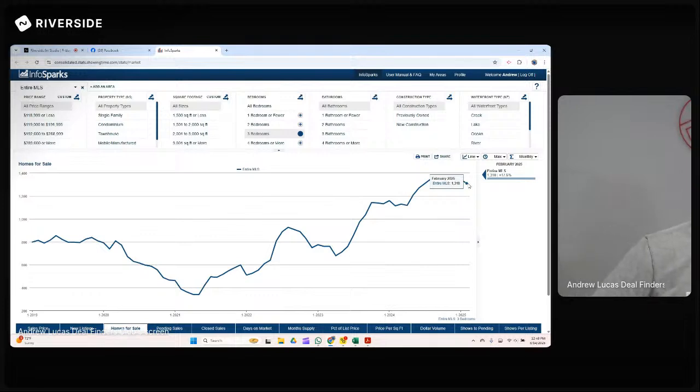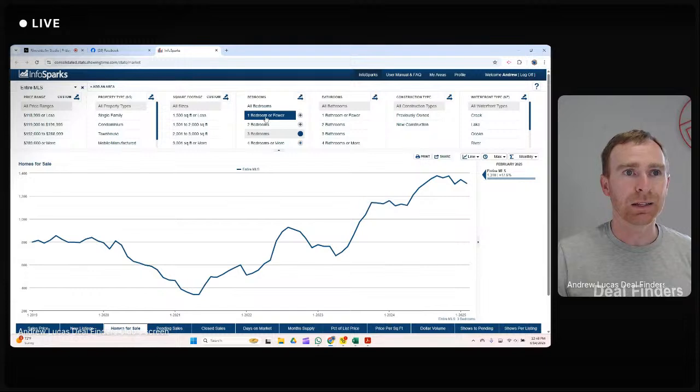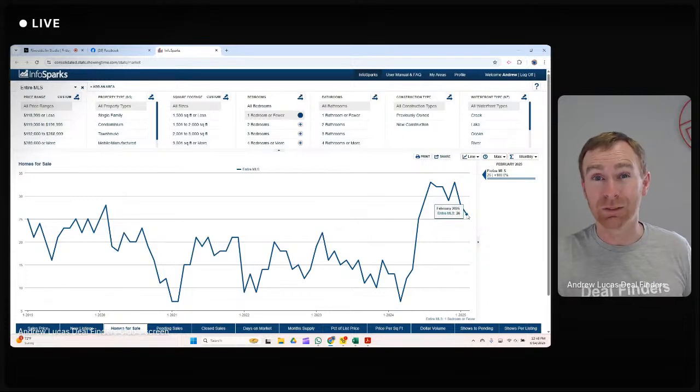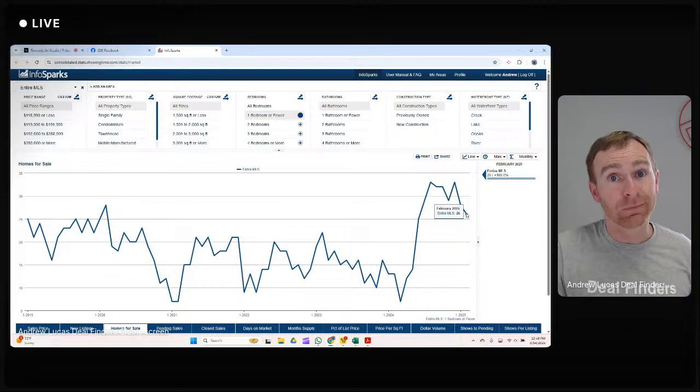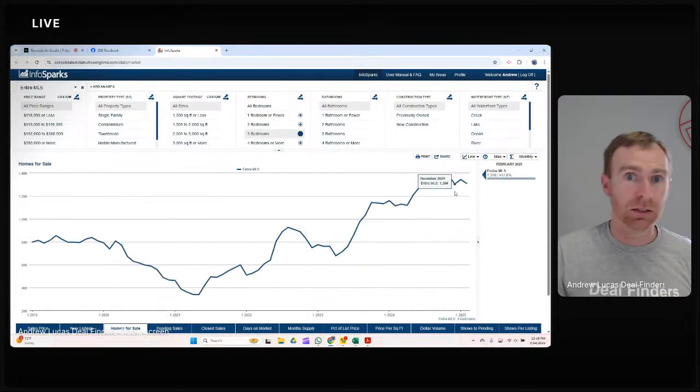There is, of course, this camera's in my way, 1,300 available for the three bedroom. What about that one bedroom? How many are available? Oh, there's only 26 available. Well, guys, if there's 8 that sell every month and there's only 26 available, there's a third chance that yours is gonna sell versus